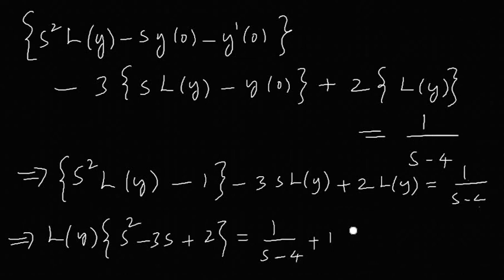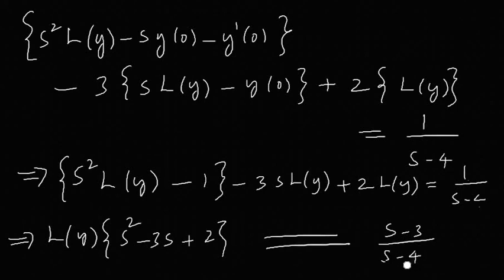So this is now going to become s minus 4 plus 1, that is s minus 3 divided by s minus 4. But this is the value for this one, so I'll not write that here. I'll simply say that it is equal to this one. Again, the point is I'll just take that here in the denominator. So it will become s minus 3 by s minus 4 into, so I'll simply say L of y is